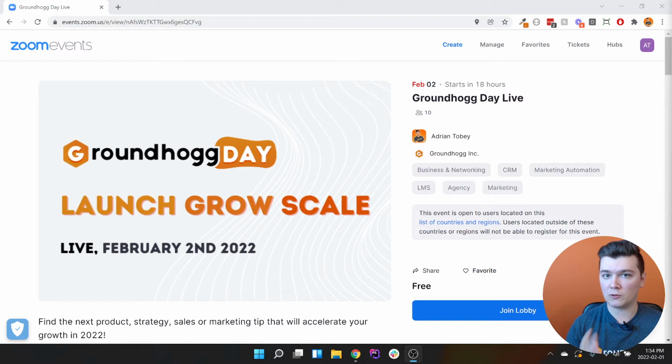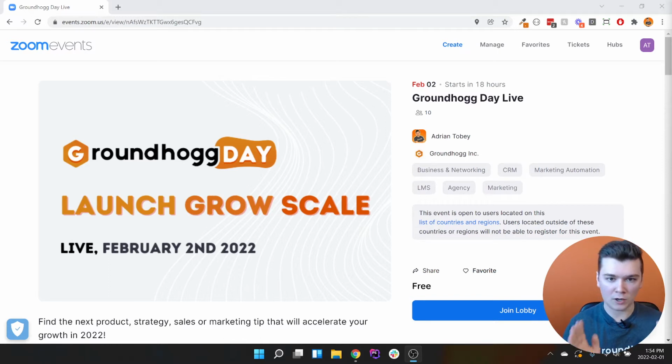We are doing this through Zoom. You will need to have a Zoom account, but nothing paid, just a free standard Zoom account will do just fine. Nothing super special there. We should all probably have a Zoom account by now, given the last 2 years. So if you don't, you can register for a free one, and that is more than enough to get yourself